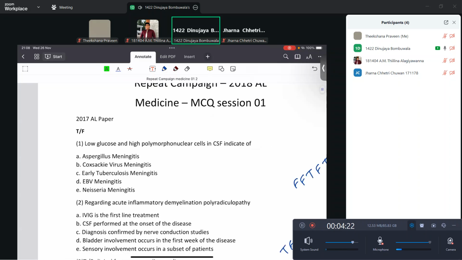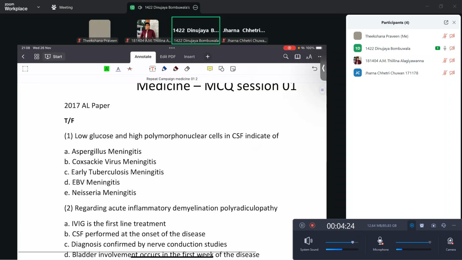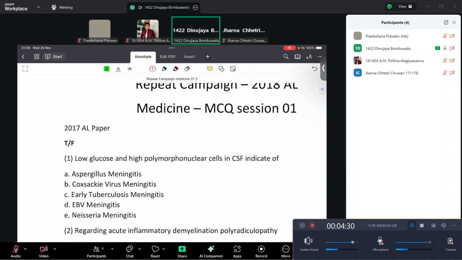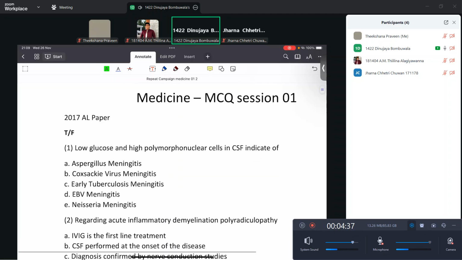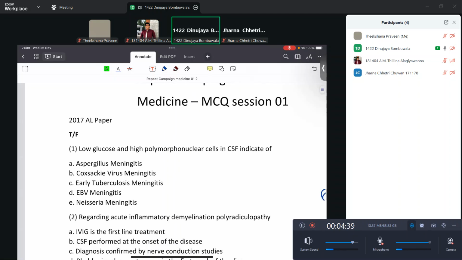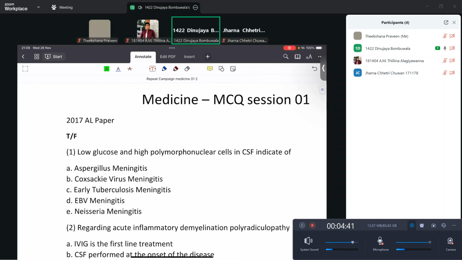Those are the things I mainly want to say about the MCQ papers generally. It is related to almost all 5 streams, all my 5 subjects. So we'll go through the MCQs, and I'll also be discussing a little about the topics the questions have been asked on, because there is no point in going through only the answers to these particular questions.